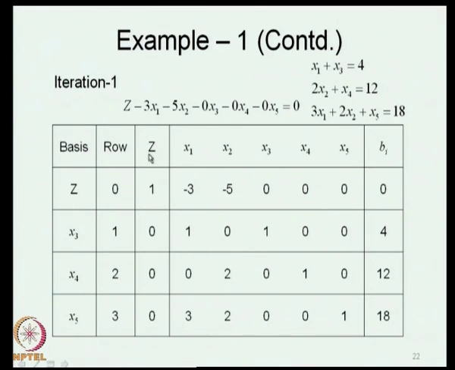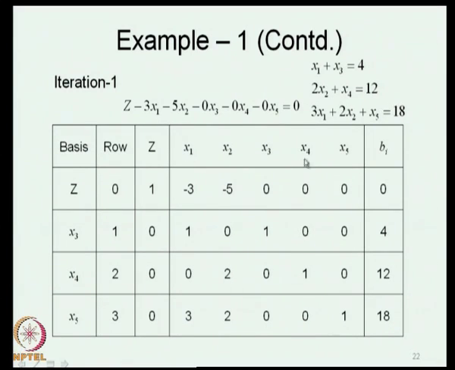Then we write the coefficients of z in each of these rows. So, this column consists of coefficients of z in each of these rows. In the row 0, the coefficient of z is 1, we write 1 here. In all other rows, there is no z, and therefore, in row number 1, row number 2 and row number 3, the coefficient of z is 0, therefore, we write 0, 0, 0. So, this column we simply wrote the coefficients of z in each of these rows: 1, 0, 0, 0.